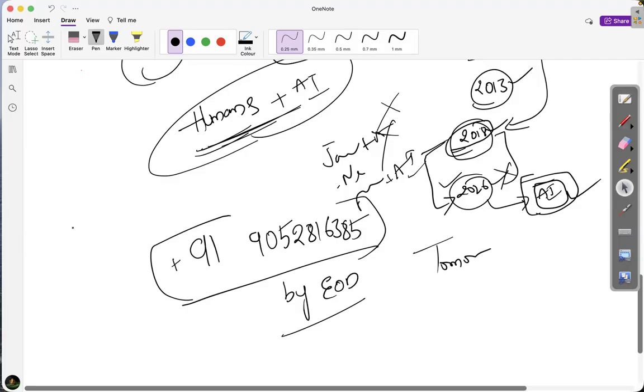In every class, I interact with each one of you. I will ask questions and try to get answers from you so that you will be very focused and listening to the classes. It's not like a heavy crowded batch.